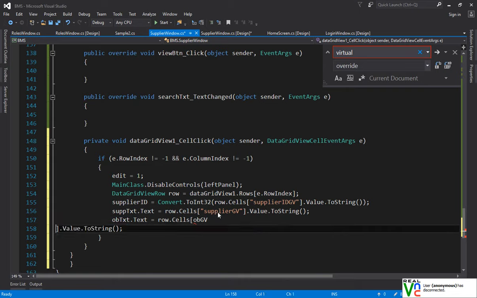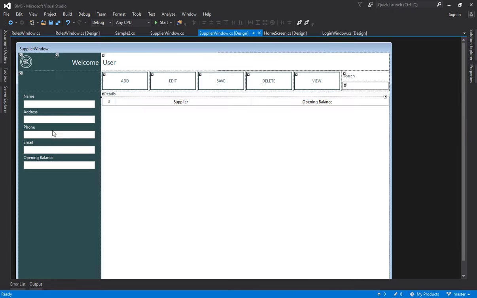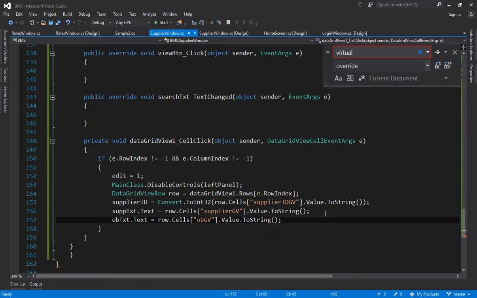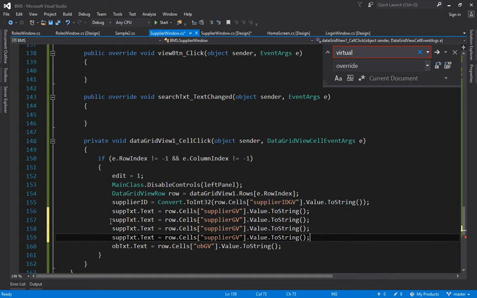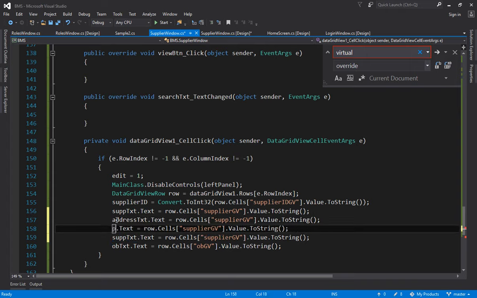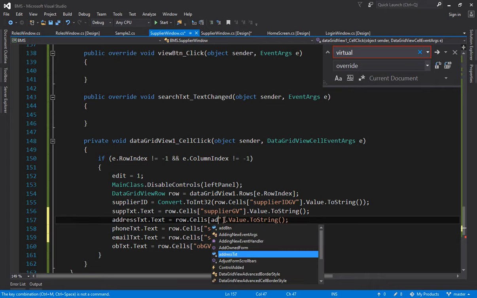Yes, double quotes open and double quotes close. Now what else should we do? We have to call the other details: name, address, phone, email. So here you can specify address, phone and email. Here it should be address text, phone text, and email text. Okay, and now it should be address GV,